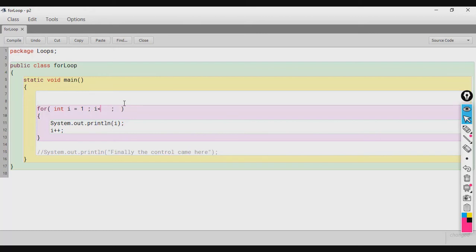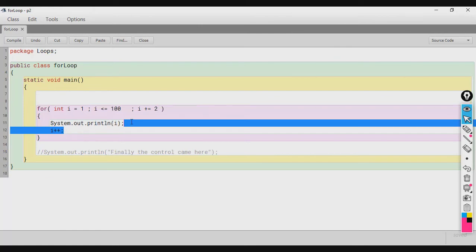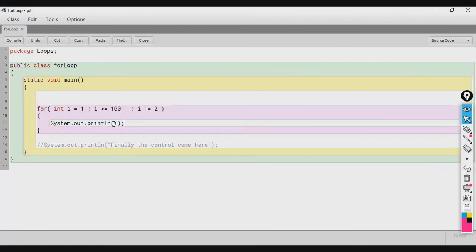Then I will write the condition I is less than equal to 100. Okay. I want to print all the odd numbers between 1 and 100. So, in the update part I will write I plus equals 2, and then inside the function body I will simply print the value of I.